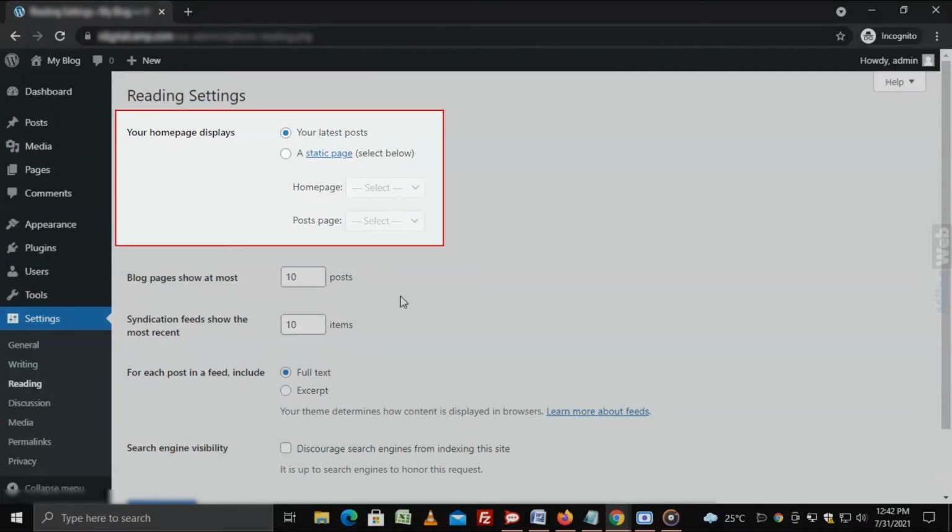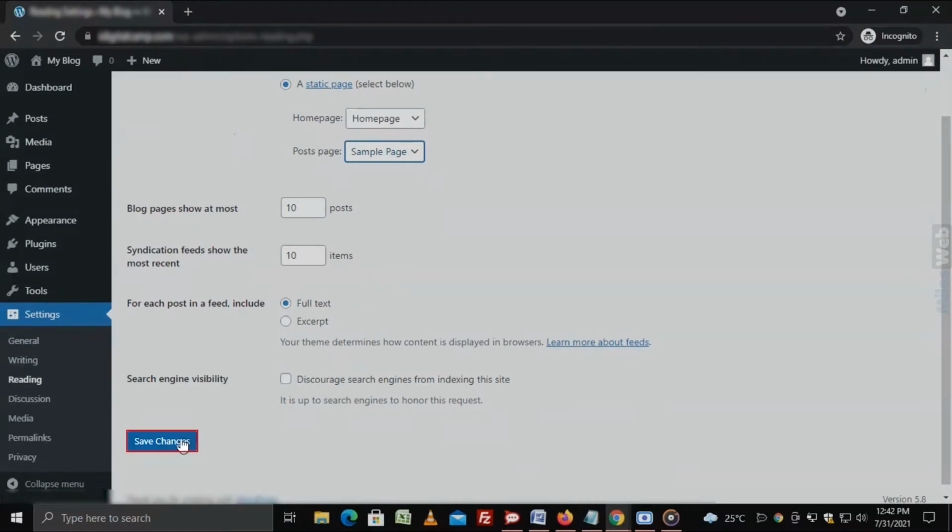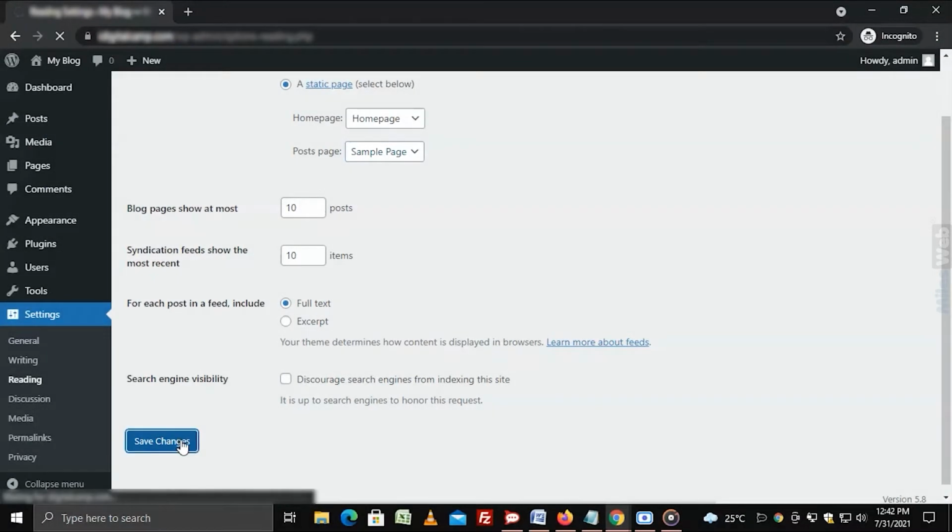Under Your homepage displays, select the static page option. Then select your homepage and Page for Posts from the drop-down menus. Now click on Save Changes to save the settings.